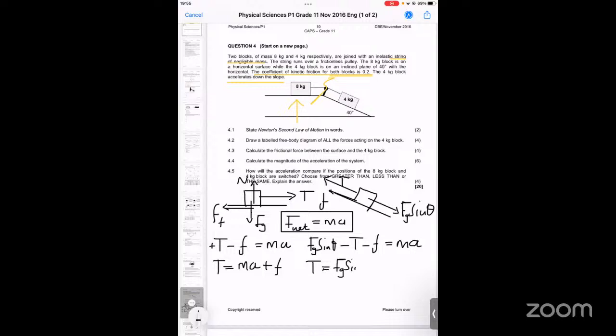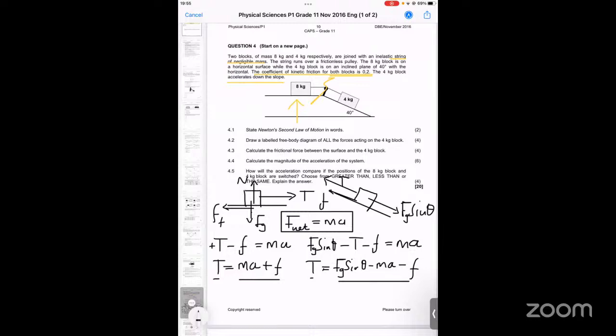FG sine of the angle, and then minusing ma, minusing the frictional force. I'm not sure if you agree with me on this one. Yes, sir. Now that your tension is the same, you can equate those two formulas. And that's how you're going to be solving